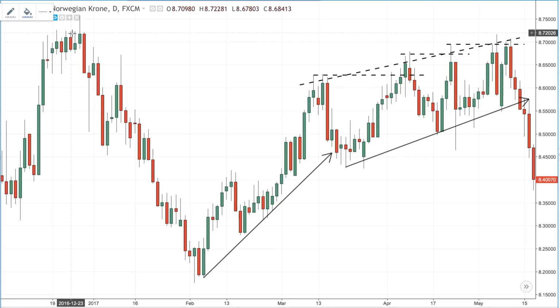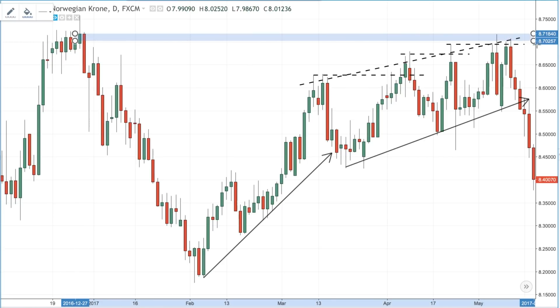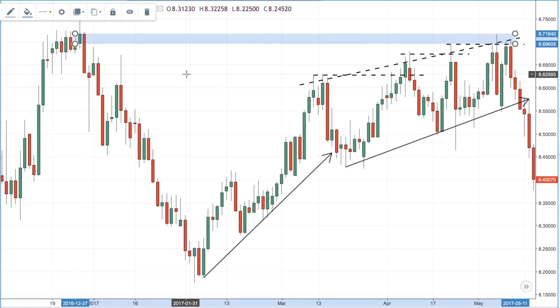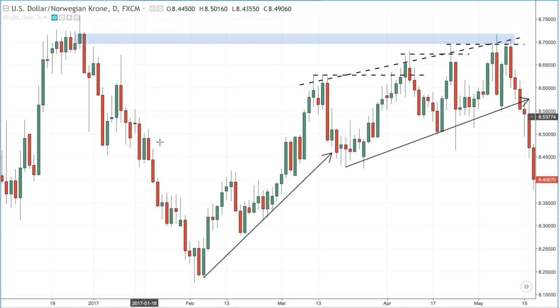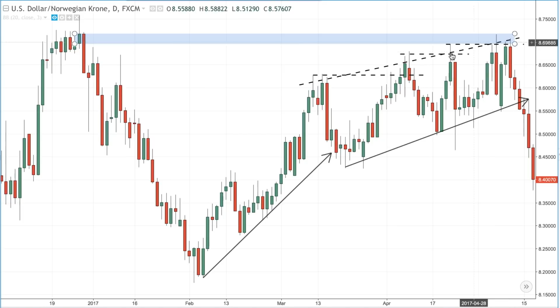Then you can also see where this is happening. Here is a demand or supply zone, in this case a supply zone. It is the starting point of this downtrend. A very strong downtrend started from this little supply area. So it makes total sense that more sellers are coming into the market once we reach this level. Of course, this is not enough yet to short the market, but what we want to see